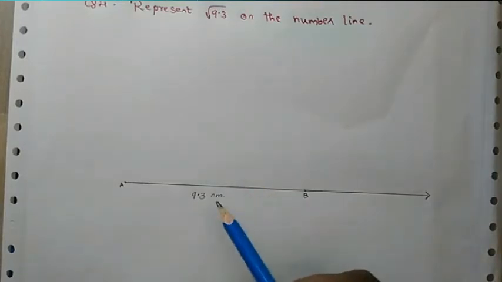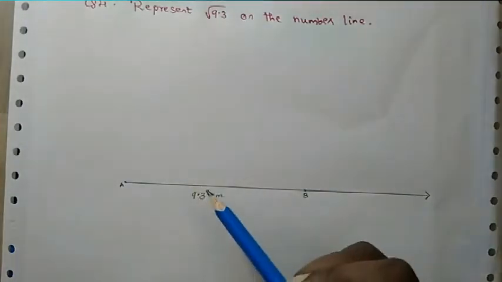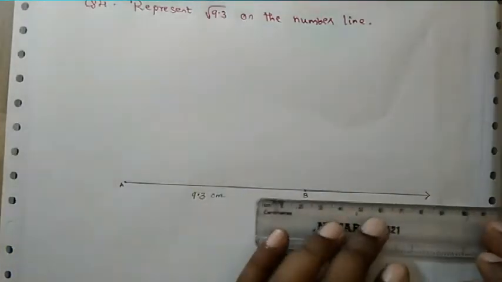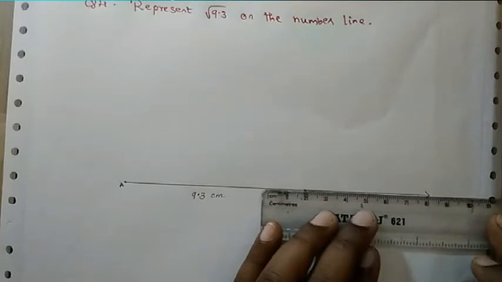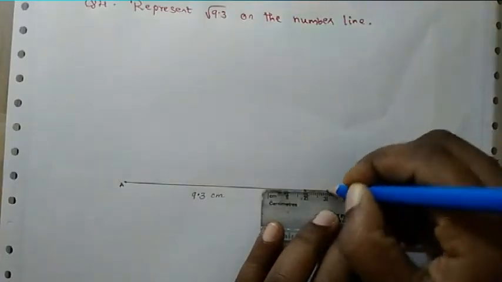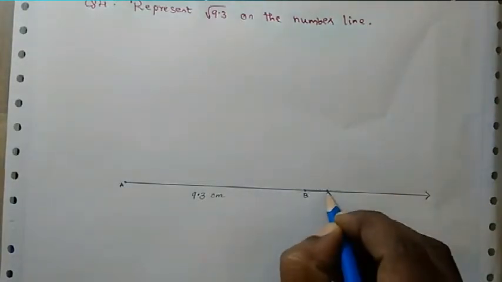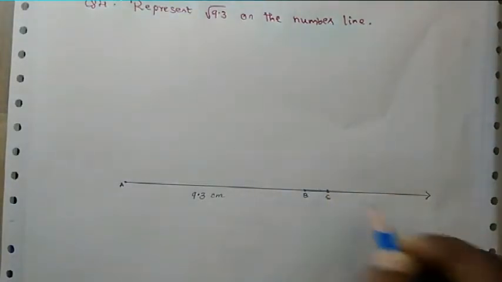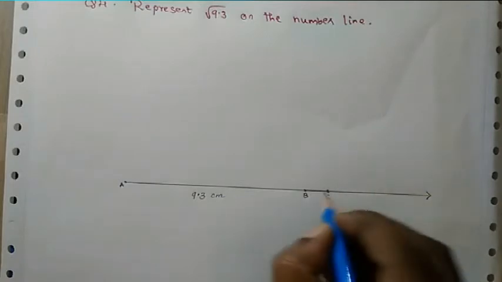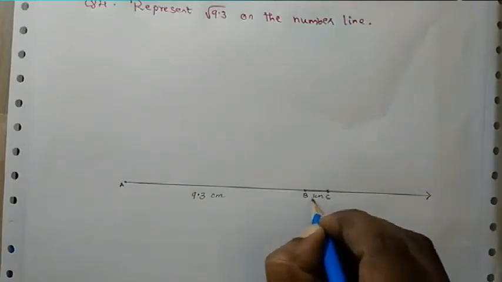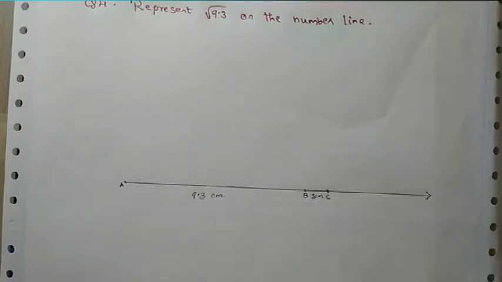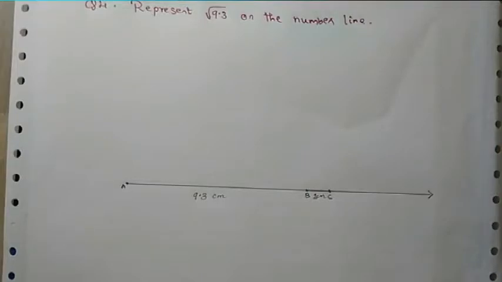Now, after taking whatever is asked of us, we'll take 1 unit more. So you can take an extra 1 centimeter, and then you can name it as C. This is 1 centimeter. Now what we have to do is, we need more than half of the AC measurement. More than half of AC.